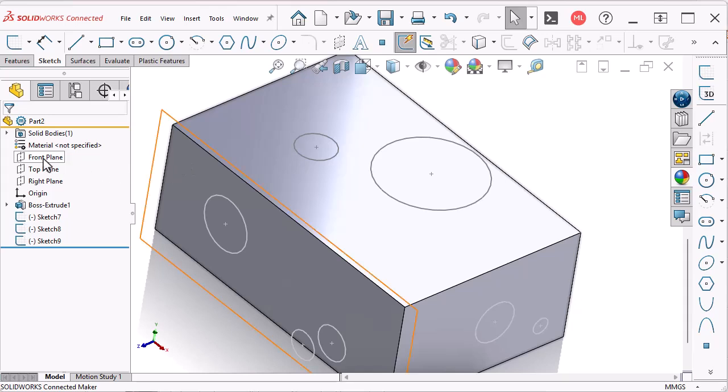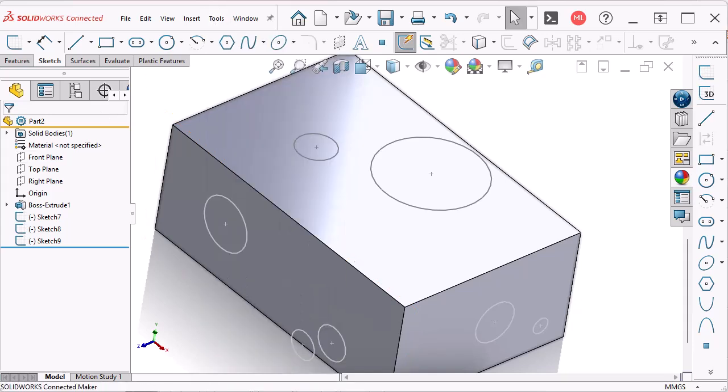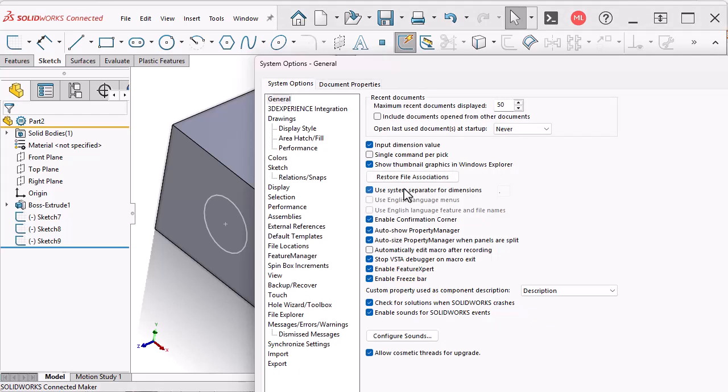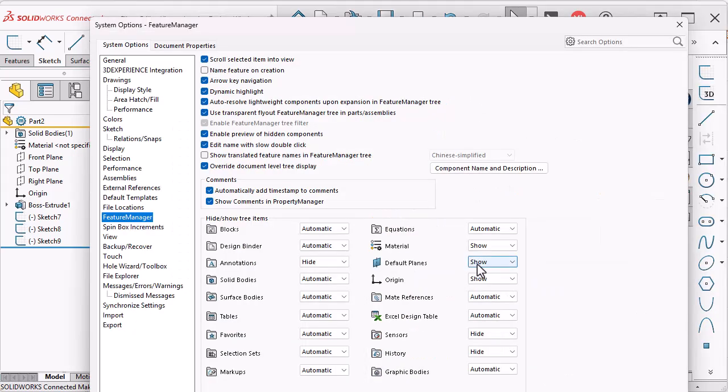By the way, we also need to know a few things about the planes in the Feature Manager. If you go to Tools Options is off the screen here for you. You might have the gear symbol on your toolbar. You can go to Feature Manager, and in here your default planes may be turned to hidden. I would turn those on to show. And this is a system option, so it's going to affect only your computer, and it doesn't affect templates at all. Anyway, that's one setting to make sure that you've got turned on so that you can see your planes